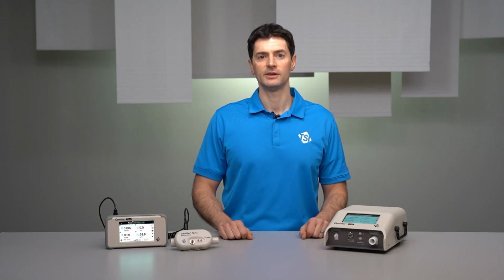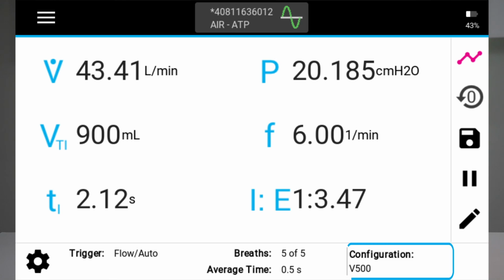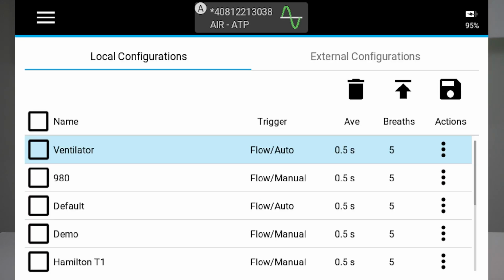Configurations save the current certifier settings to its internal memory. The test setups for different equipment models can be saved and then later recalled in order to minimize your test setup times. The current configuration is displayed in the right side of the footer menu. Press on this area to access the configuration screen, which displays the configurations currently saved on the certifier. Here you can manage or load existing configurations, save new configurations, and import or export configuration files between other certifier flow analyzers.